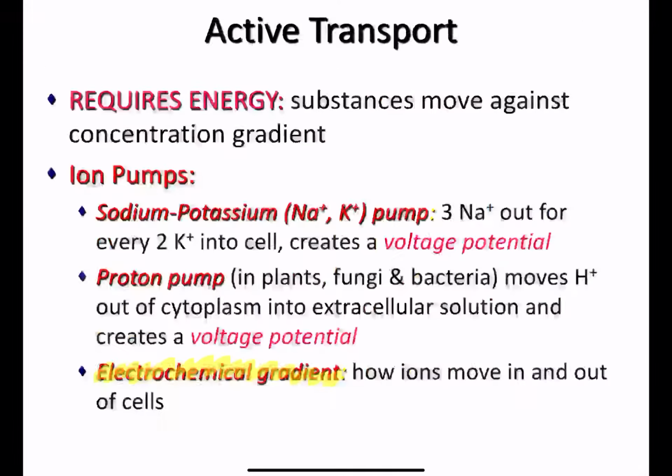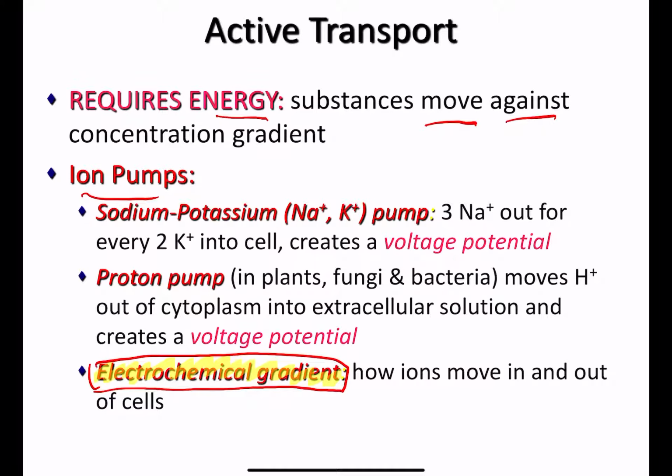Now, as we get into active transport, the key thing is it requires energy. So you're pushing things against the gradient that they normally do not want to go. Now, one thing that you would see this a lot with is the electrochemical gradient, specifically when you think of cell respiration, right? So if I have a cell membrane here and I have a bunch of hydrogen ions on one side,